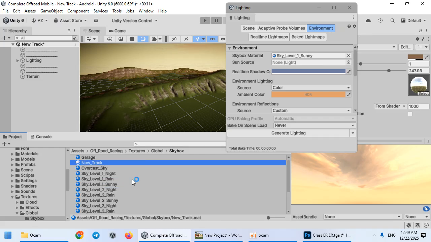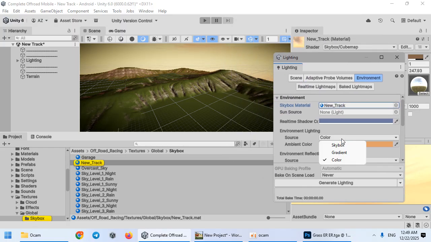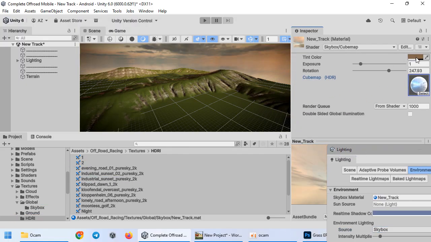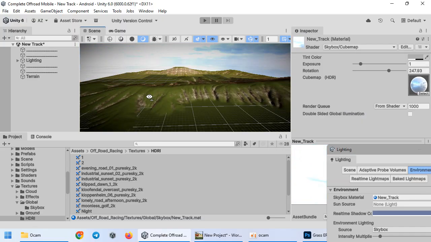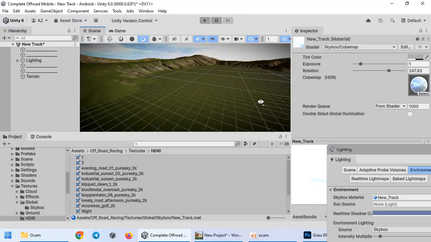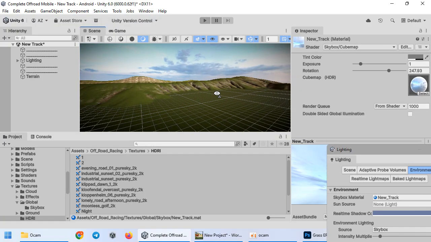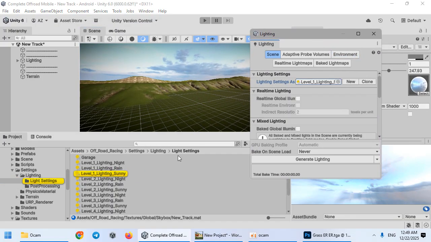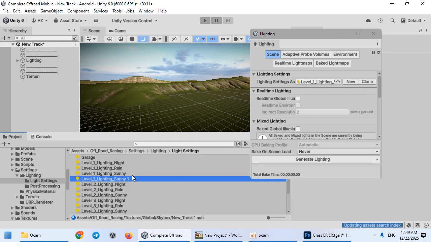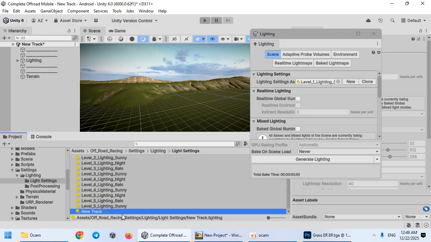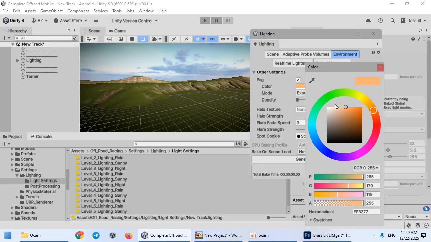New track here. Nice. Everything will depend on your textures. Also, you need to create a new track here, fog color,